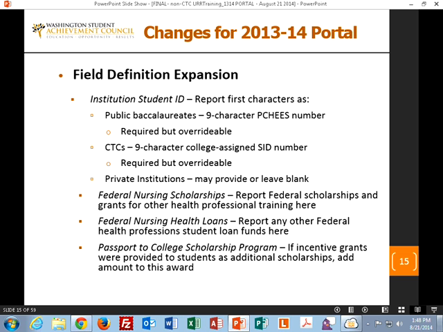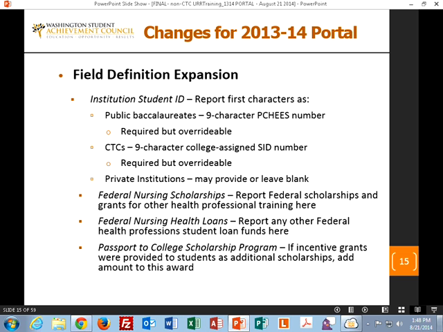So public baccalaureates will have to, in the first 9 characters, show the Peachy's number. And this, most schools are all numbers. I think Western might have a letter in one of those. So as long as they're all filled out, and if a school had only 8 digits, they'd begin with a leading 0 on those first 9.